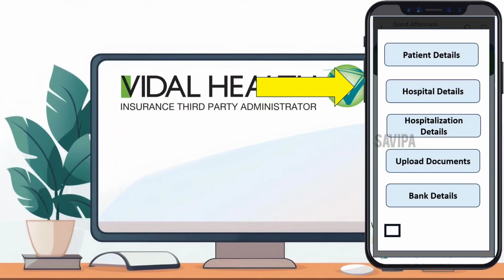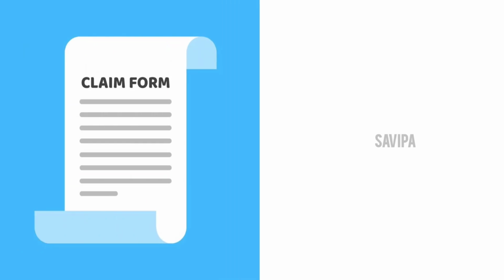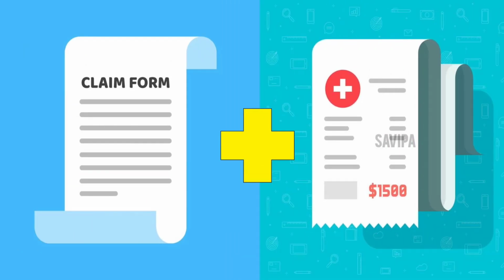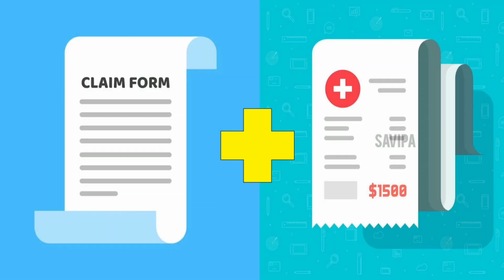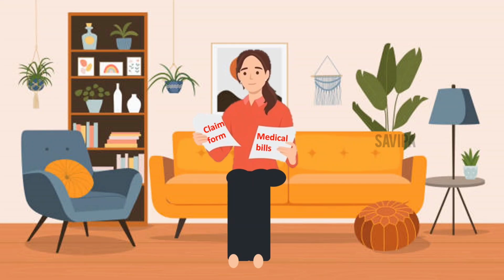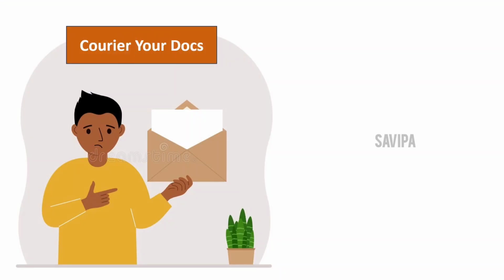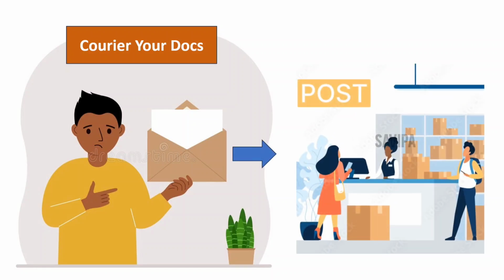Okay, once you submit it, you will get a reimbursement form, guys. You need to get this form printed out, and along with this form, all the documents that your hospital has given you, those documents also you need to add. Okay, once you combine all these documents, you need to cover them in an envelope, guys, because you need to courier these documents. Why you need to courier: they will verify all these things, so you need to courier